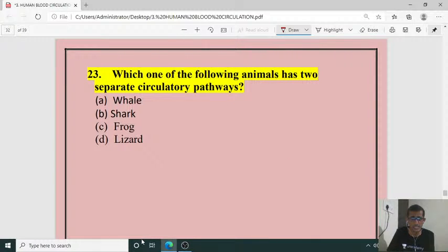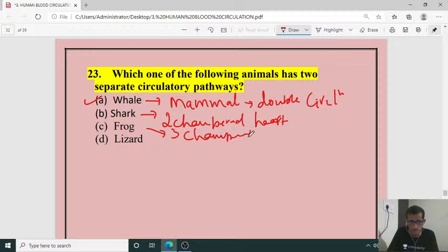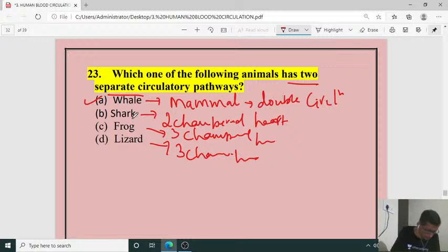Next question, I think the 23rd. Which one of the following animals has two separate circulatory pathways? Separate means double circulation. Whale or blue whale, shark, frog, lizard. Which is that one? For the 23rd, it is A. Whale is a mammal, and in mammals we can observe double circulation. Shark is a fish with a two-chambered heart and does not show double circulation. Frog has a three-chambered heart. Lizard also has a three-chambered heart, where double circulation is not there. So two separate circulations refer to oxygenated blood and deoxygenated blood going to be